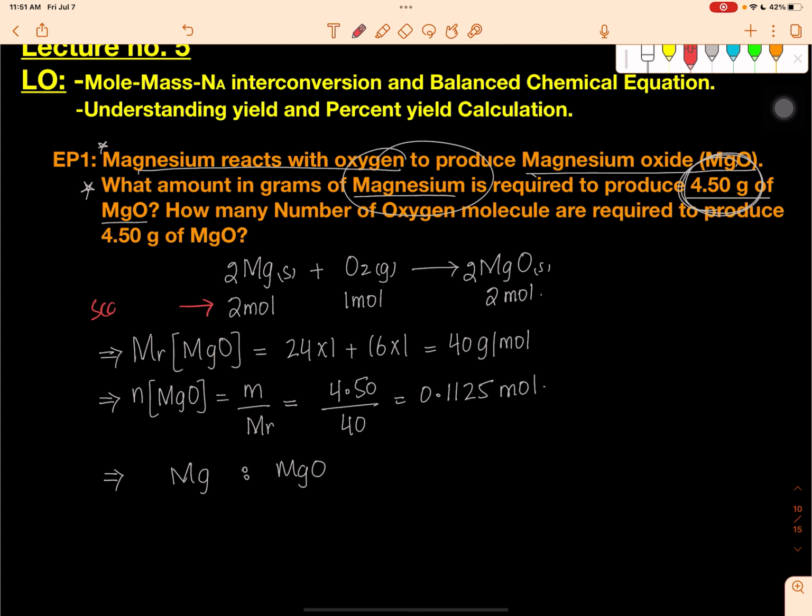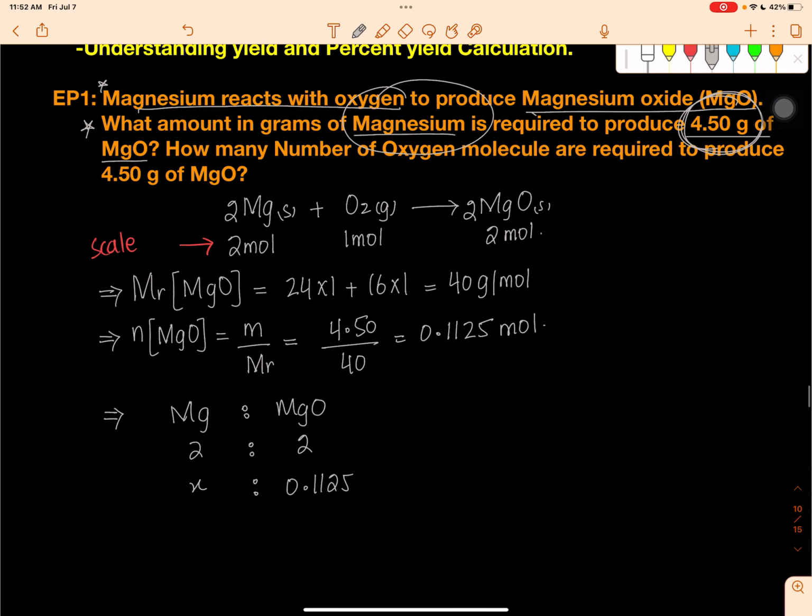This one here is a scale to read. The scale tells me that 2 moles react to produce 2 moles. This means that 0.1125, the number of moles of magnesium oxide, will require how much magnesium, that is X. So direct relationship tells me that X is equal to